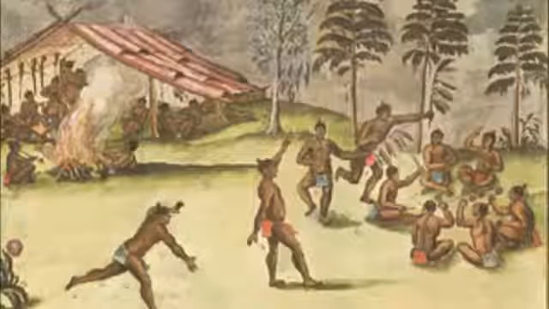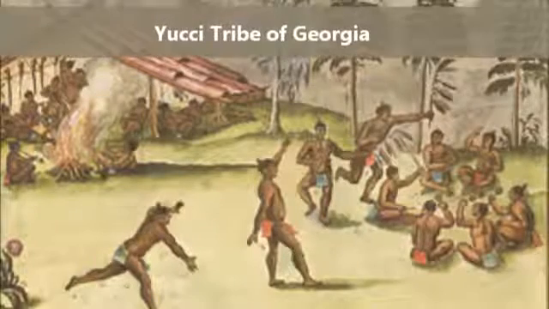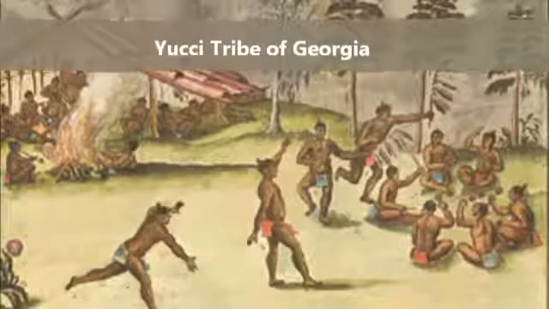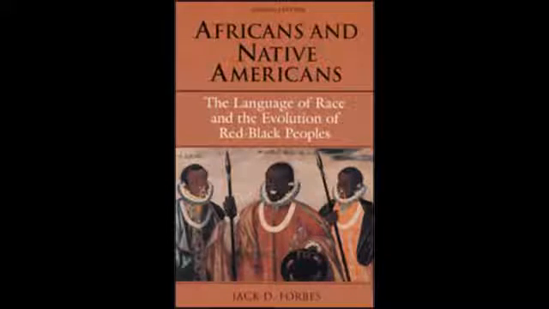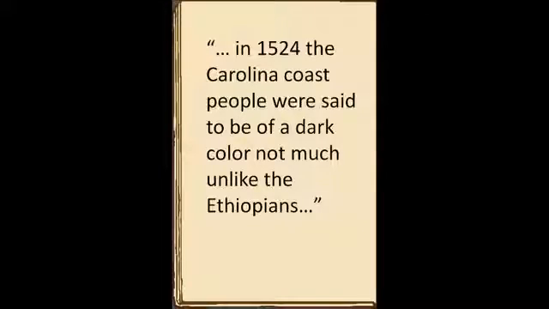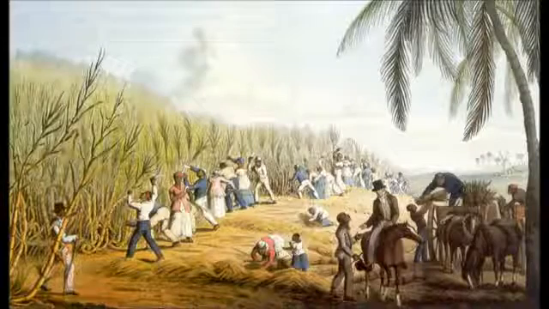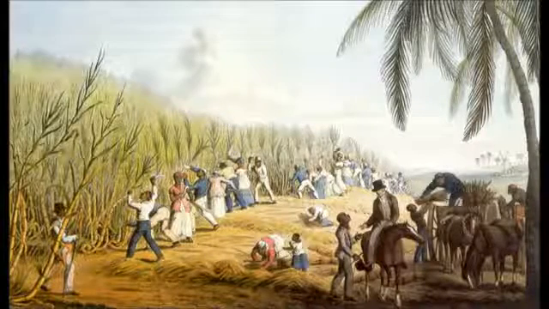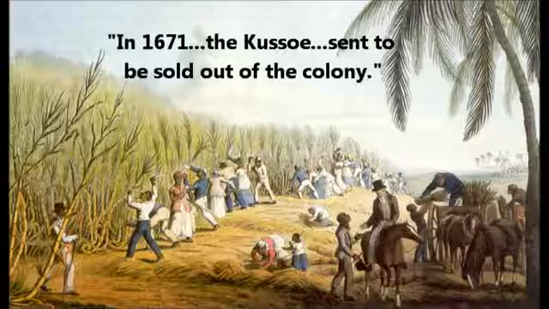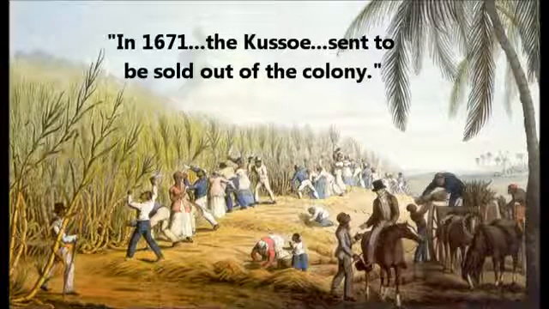We must remember that the tribes that were being enslaved, many from up and down the southeastern coast, were of a dark complexion. In the book Africans and Native Americans, Jack Forbes states, in 1524, the Carolina coast people were said to be of a dark color, not much unlike the Ethiopians. These dark-colored Native Americans were being enslaved and sent by the tens of thousands to the West Indies or retained in the colonies, such as described by Lauber, in 1671, the Cusaux were sent to be sold out of the